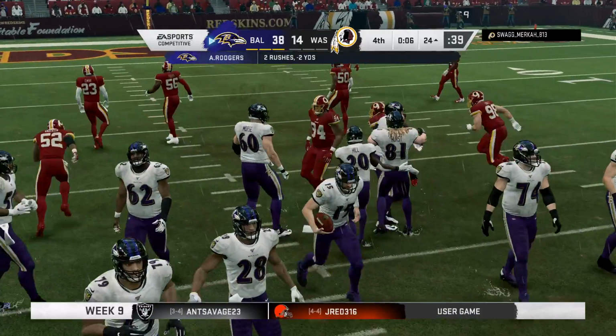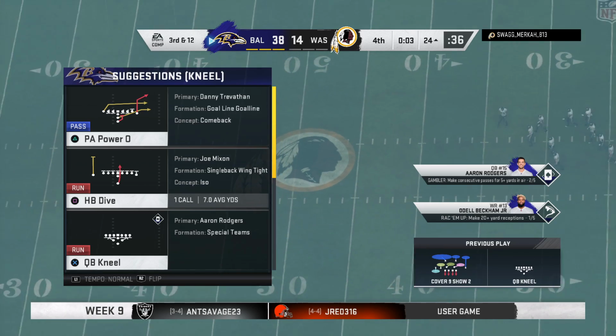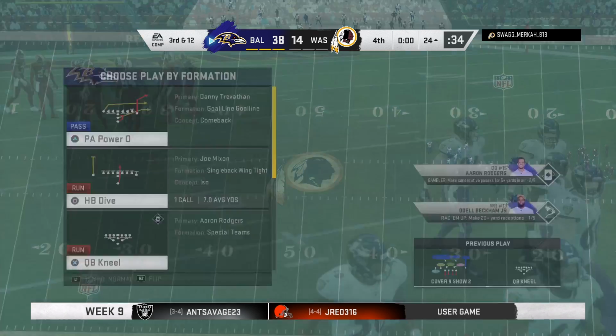Rodgers will take a knee here, and that should be all she wrote. It's a loss of a yard, and it's 3rd down. They said their goal was to win